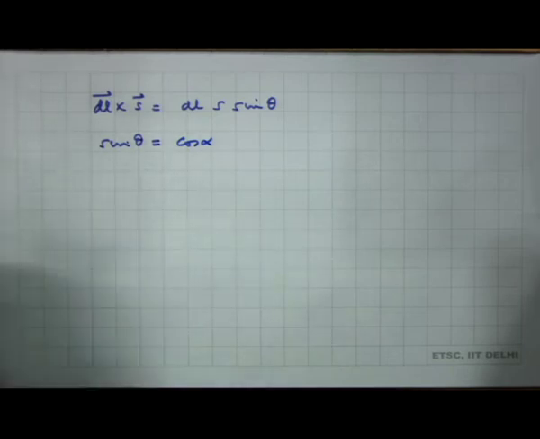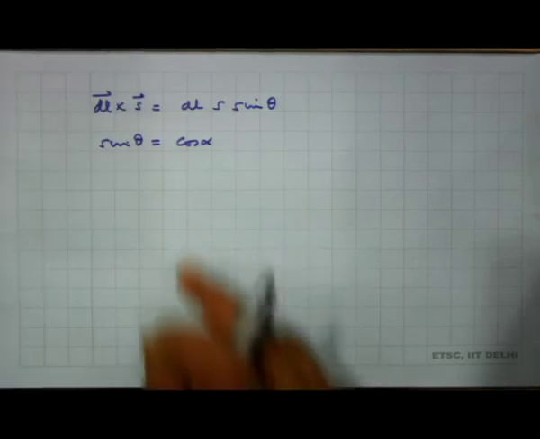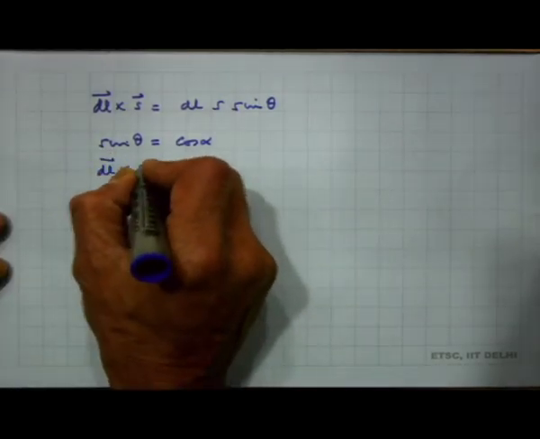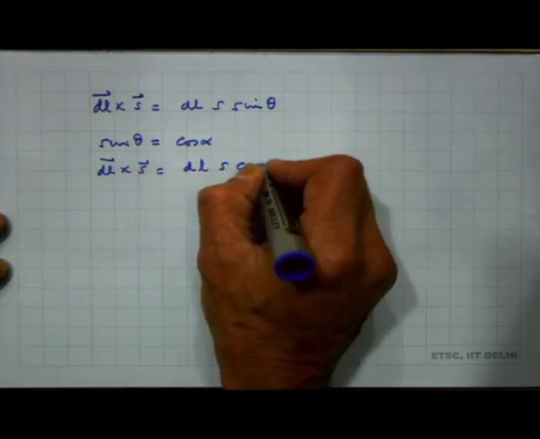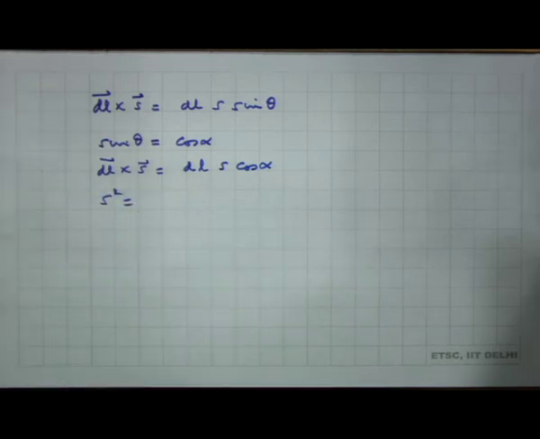So, from this triangle you can find out that sin theta is nothing but cos alpha, and so I get dl cross s is equal to dl s cos alpha,